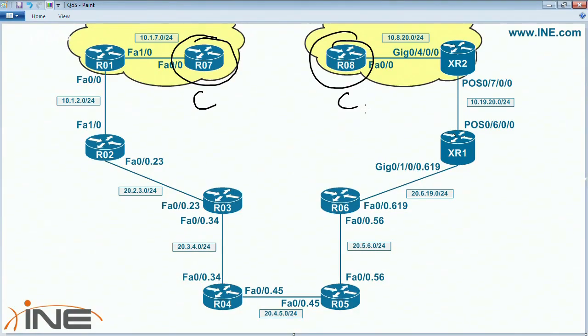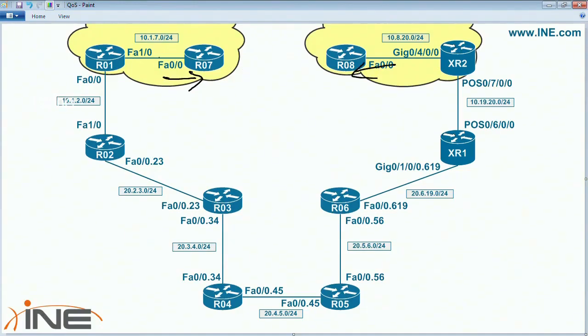These are router 7 and router 8. Where we have the customer edge routers, which are 1 and XR2, and then the provider edge 2 and XR1. The rest of the devices in the core, these are going to be the provider routers, or just the P routers. Now, specifically from the QoS policy point of view, what I'm going to be doing here on router 7